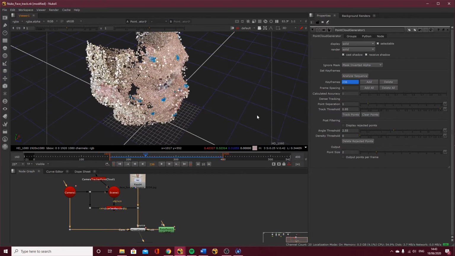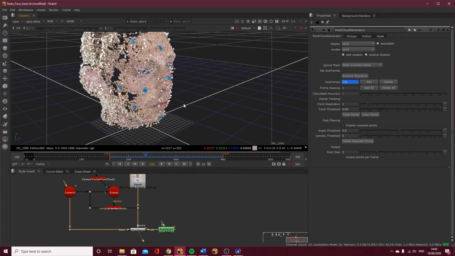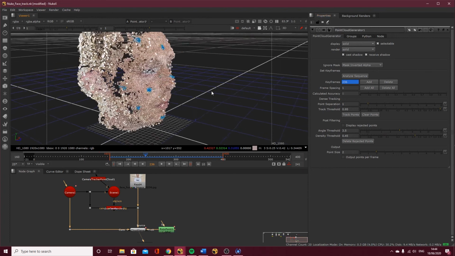You want to make sure that you've got a smooth surface, but you want to make sure that you're getting rid of some of these ones out here. So it's looking to get rid of some of them. Now density threshold, very similar. When you increase this, these points that are kind of on their own, it'll get rid of. So the higher you increase this, the more points need to be close to each other to stay in. So you can see as I increase this, some of these points further away from the face start disappearing, okay? So points which tend to be on their own.